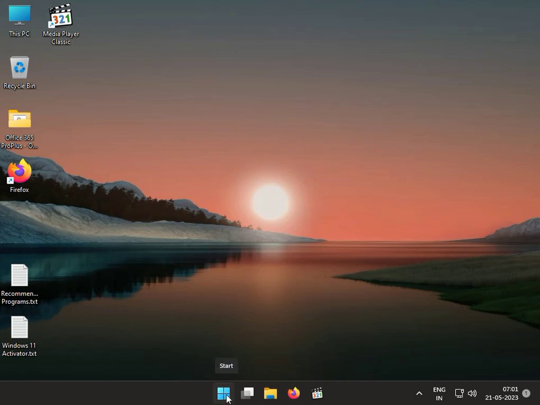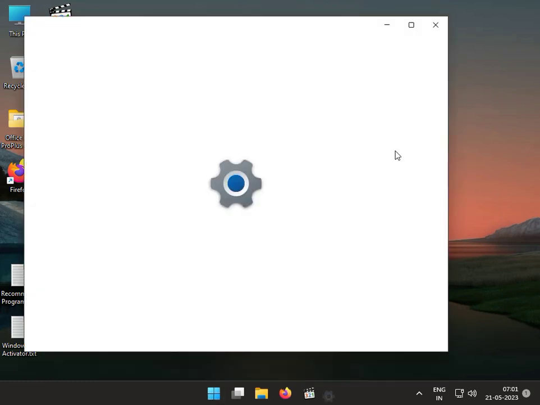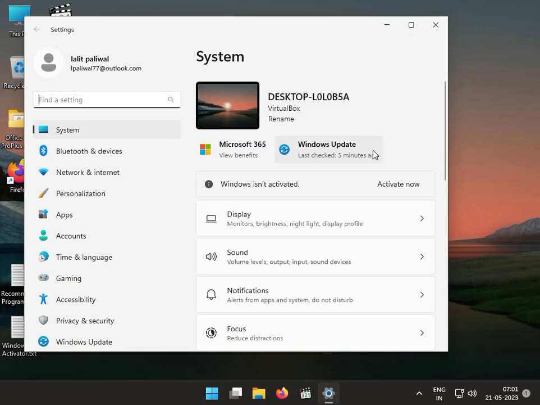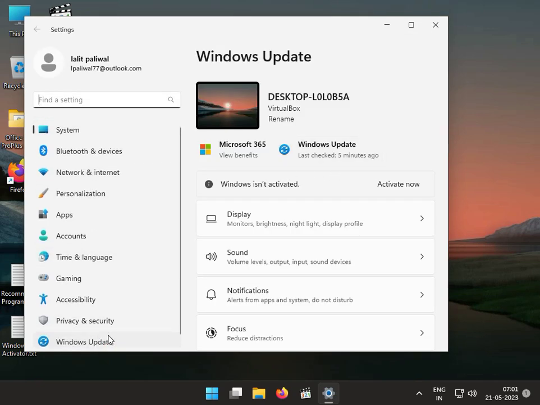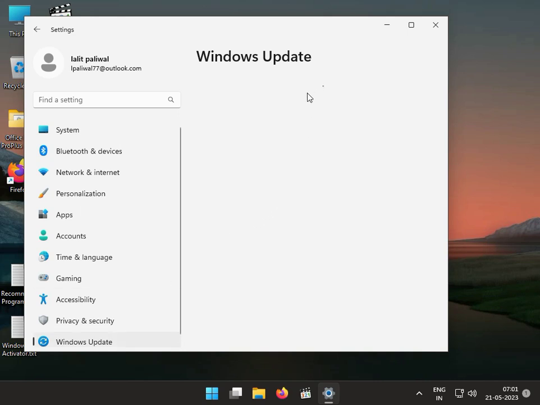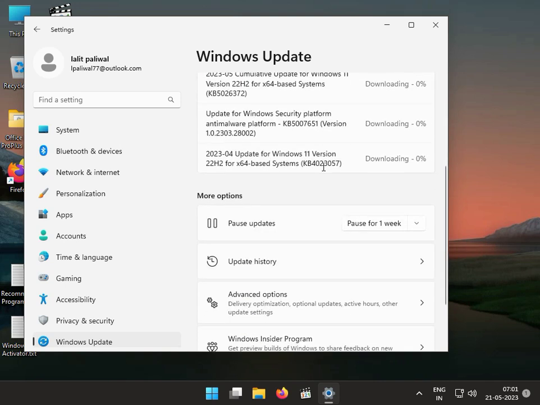and also next solution is click to start button, go to setting and check your Windows update. This is properly updated or not. You have any pending any update, so please first up to date your system and then check it like this. Okay,